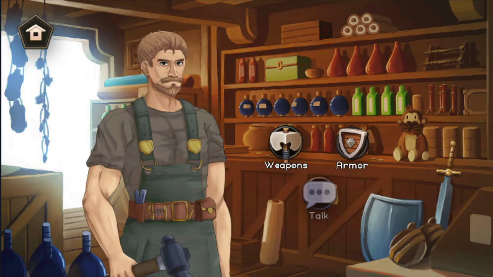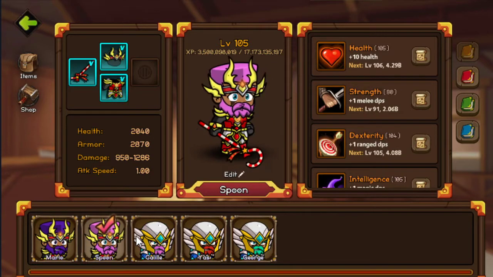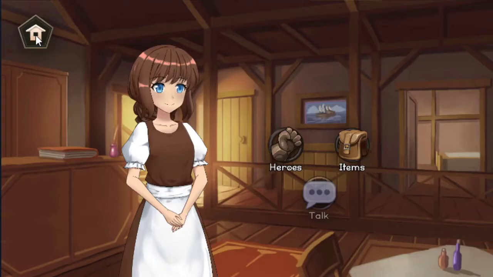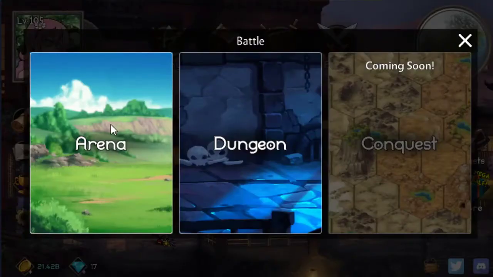Now to talk about the meta build. The meta build in All About Us Online is as shown in this build here. Three warriors, 2 mages, and the warriors are shields, 0.5, 0.6, well now it's 1.25 hits a second, but it's like 0.8 seconds every hit. This is the ideal build for progressing as far as you can in dungeons